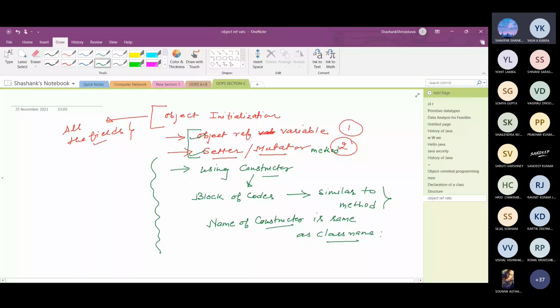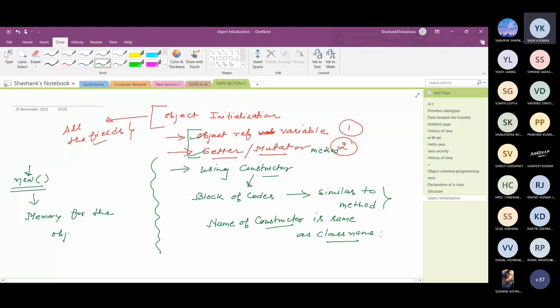Actually, a constructor is called just like the calling of a method, but with the help of the new keyword, which is also an operator. When we call the constructor, at that particular time, memory for the object is allocated.